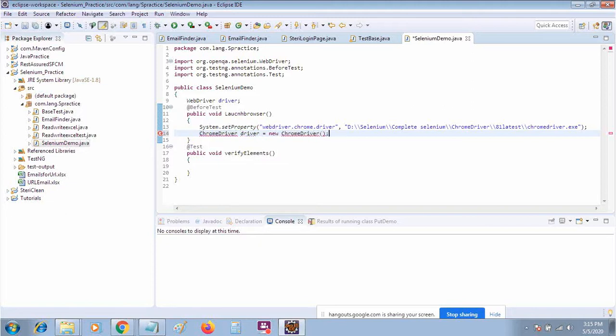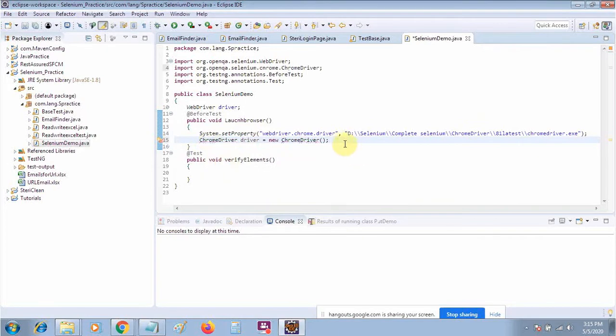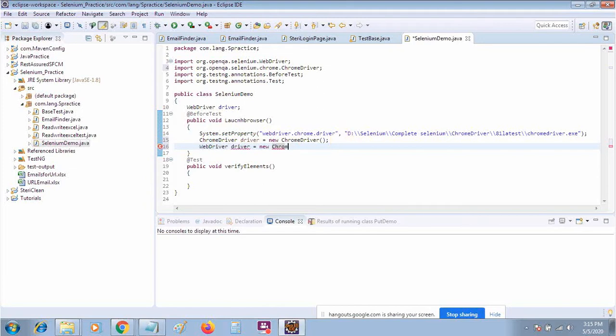What will be the difference when I use ChromeDriver driver equal to new ChromeDriver, and WebDriver driver equal to new ChromeDriver? We will see both.